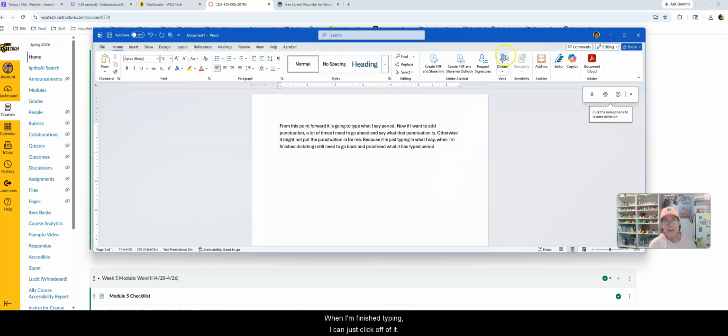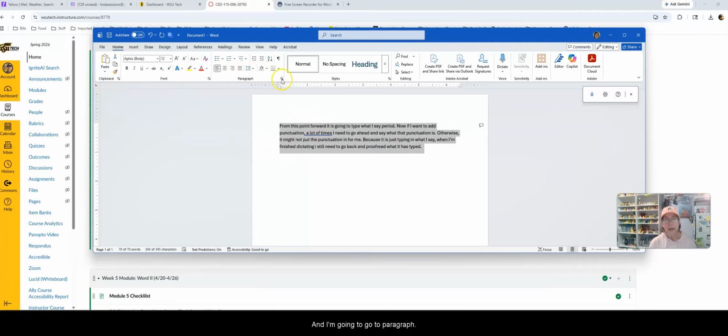When I'm finished typing, I can just click off of it, but you can see that it typed everything that I said. Now, usually after otherwise, you put in a comma. So I need to go back in and add a comma. And here, I don't have a capital I. So I've got this red underline, but sometimes you might not get a red underline. So you just need to always go back in and proofread it. And see here, it actually put in the word period instead of entering a period. So I need to backspace to get rid of that and then hit my period key. So you still need to go back in,